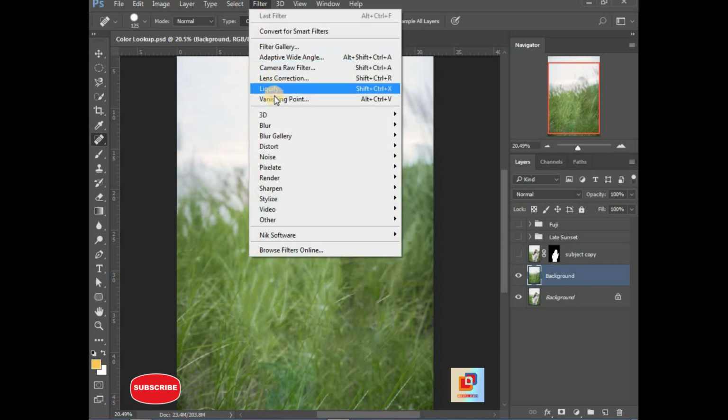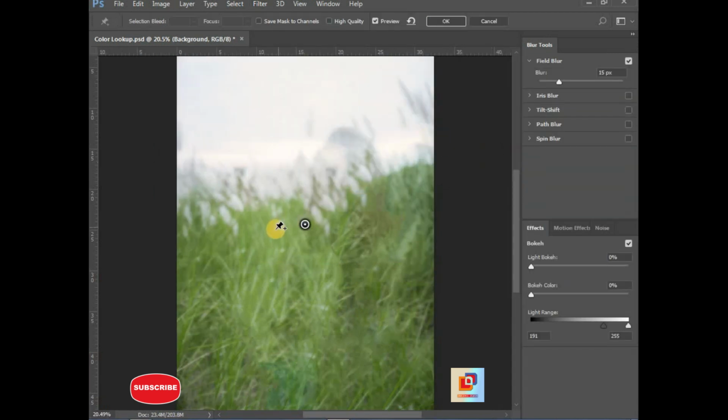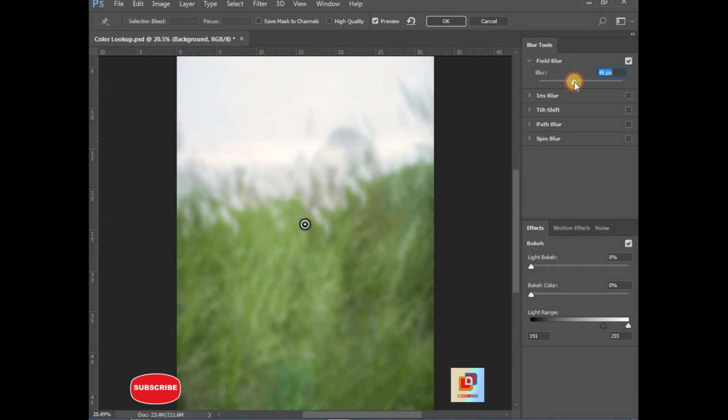And now go to Filter, Blur Gallery, and select Field Blur. From here select the blur to about 40 to 50 pixels. I'm selecting about 43, that is nice. In the light bokeh, increase the bokeh to about 20%, that will be fine.